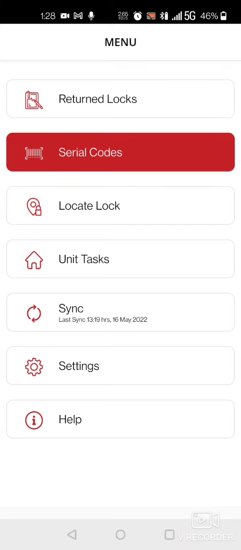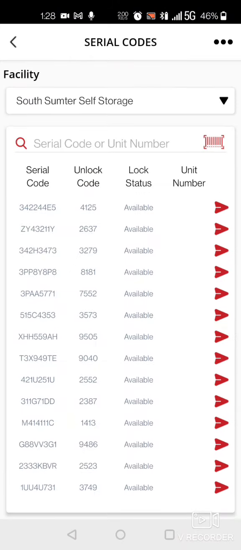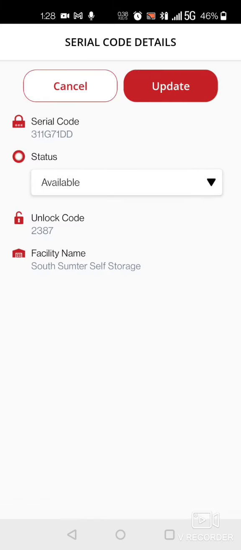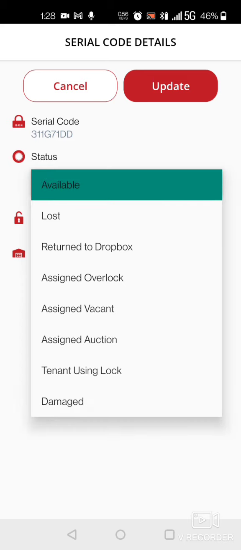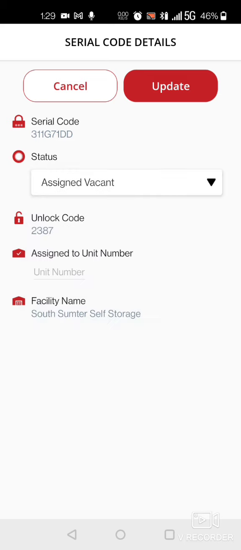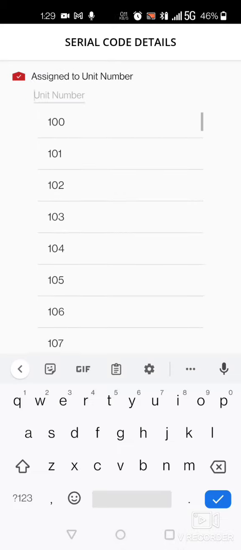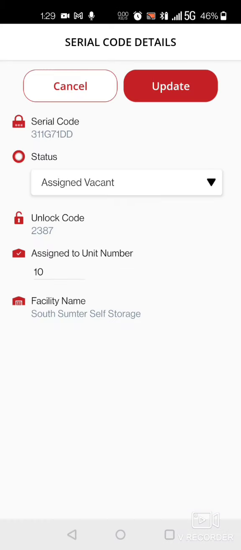You're going to go into serial codes and you're going to find that lock. Say you have this lock number 311G71. You're going to click on it and you're going to change that status to assigned to vacant because now it's a vacant unit and it's ready for rent. Okay, so that way when somebody rents the unit, you're going to go in here and you're going to say, okay, that was unit number 10. Okay,